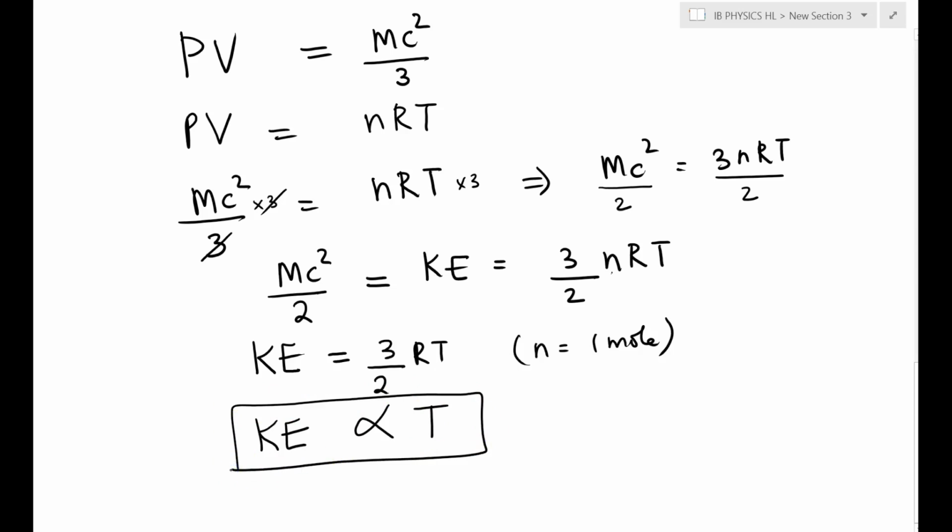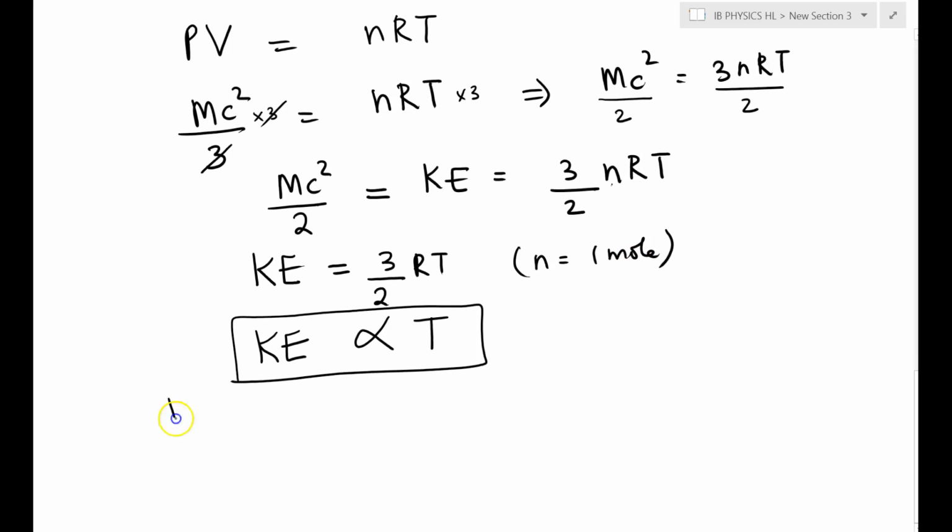And we can calculate it by simply using the fact that kinetic energy is 3 divided by 2 RT. This is for 1 mole of a gas, but we know that 1 mole of any gas